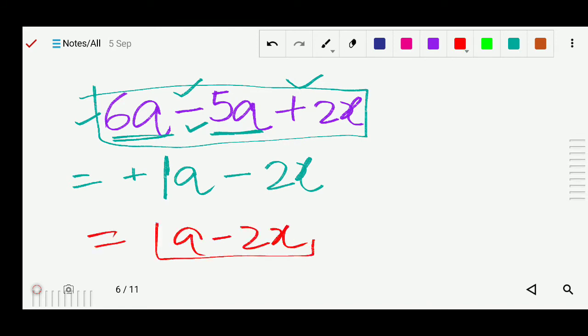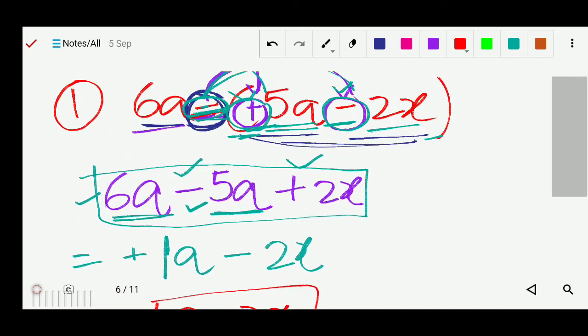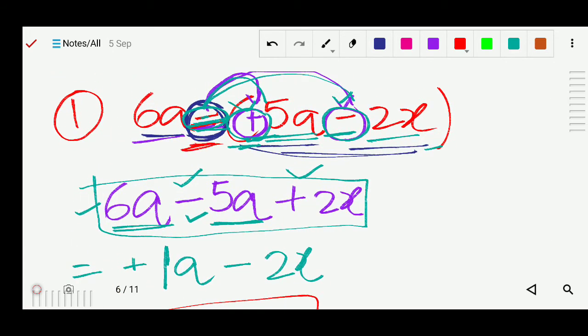This is your answer. Okay, so what we have done, simply you have to see here before bracket which sign is there. When you remove that all the signs will be changed. And why this sign is changing? I told that this sign is multiplied with the each sign, each terms. Okay,